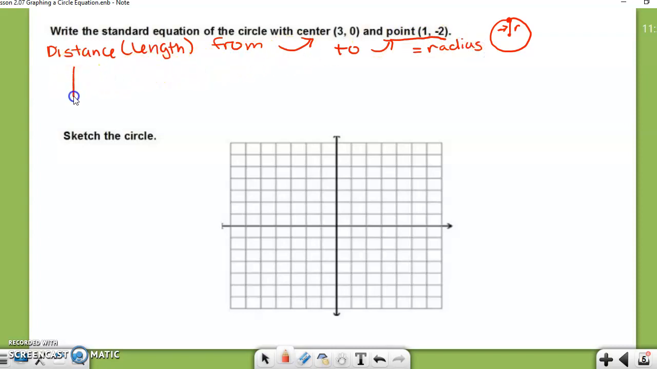Okay, I like to use my little T-chart. So I'm going to put my points on here. From 0 to -2 is a -2, and from 3 to 1 is also a -2. So remember your distance formula, and in this case, it's for your radius,